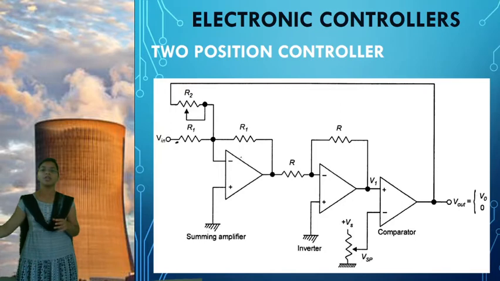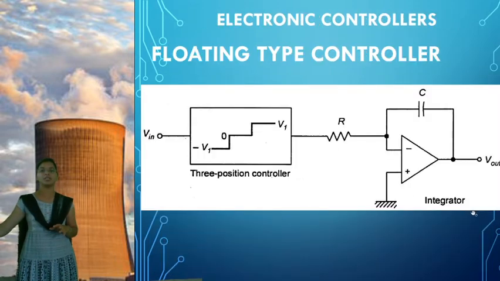So here you are performing the two position control system, and I used a comparator. Before directly applying to the comparator, I am connecting to the summing amplifier, where the generated output and input voltage are added. That value will be inverted in the inverting amplifier, and will be compared with our set point value. If these two are different, then that will produce a high output. If these two inputs are equal, that will produce another value. So this is about the two position control system.